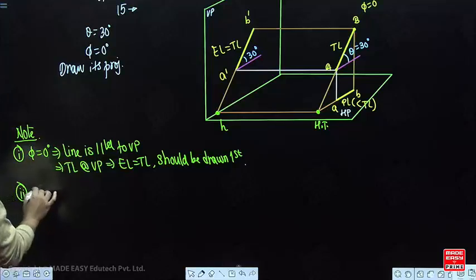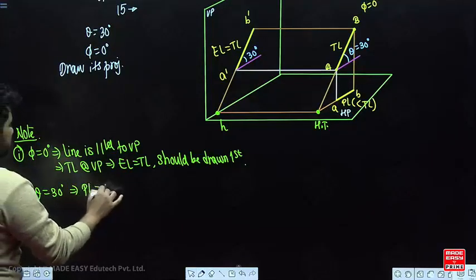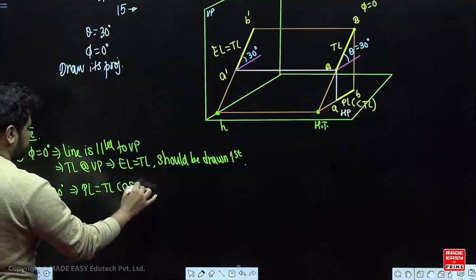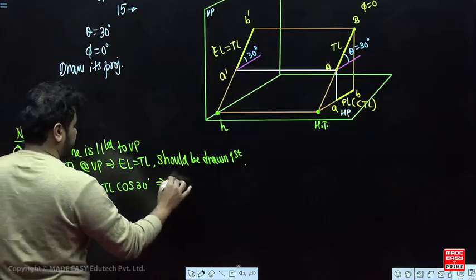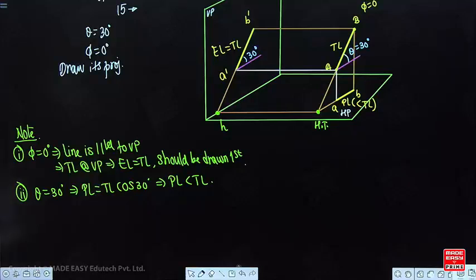Next, theta is how much? 30 degree. Theta is equal to 30 degree, it means plan length is equal to true length cos 30, it means that plan length is less than true length, correct? ये आपको भी दिख रहा है इसके अंदर, इसमें कोई शक की कोई गुंजाइश नहीं है।